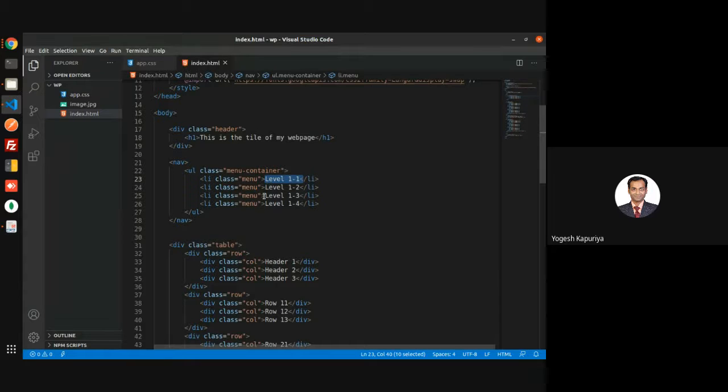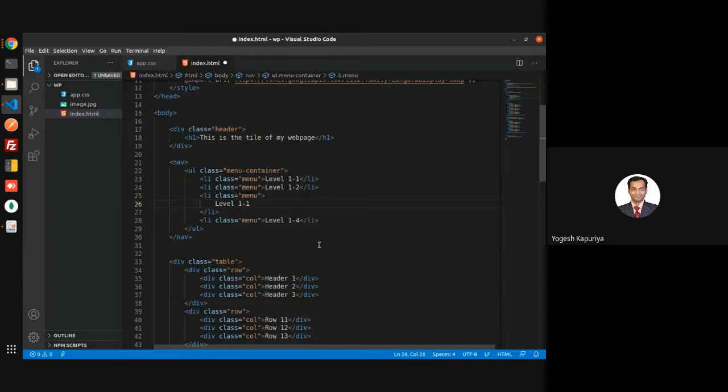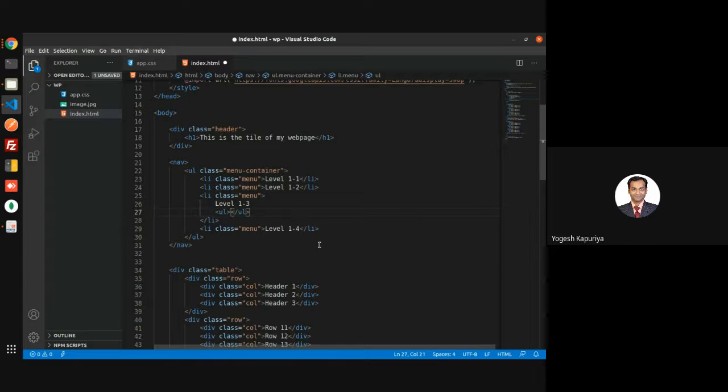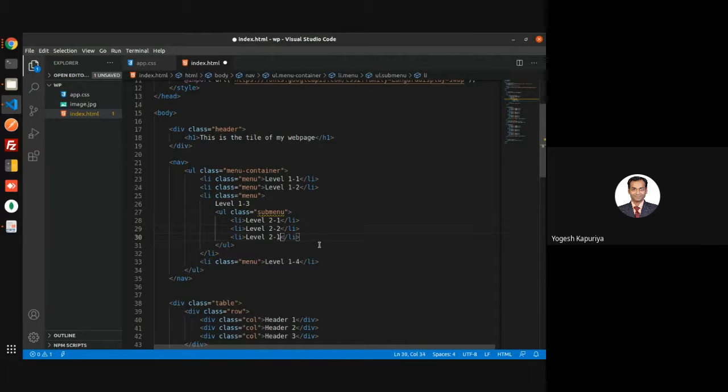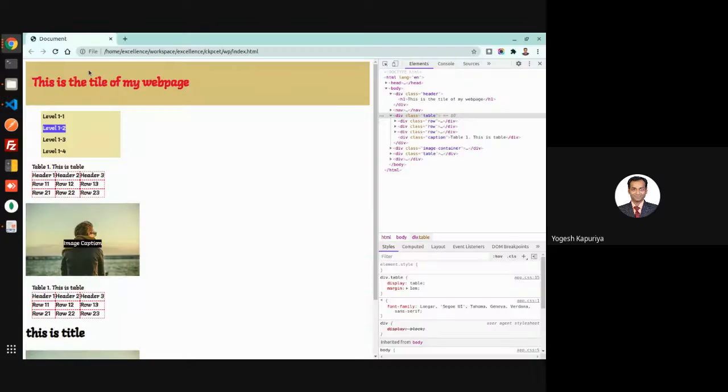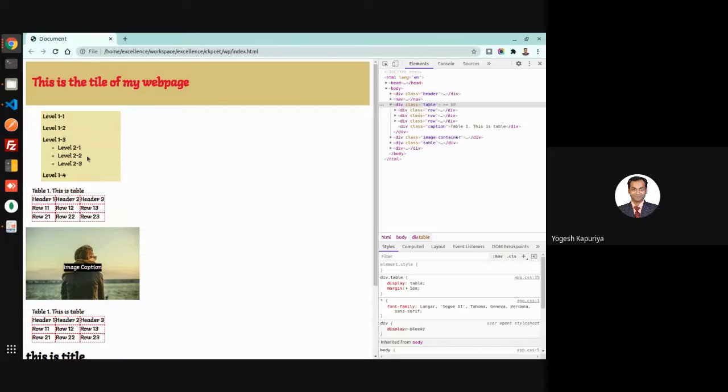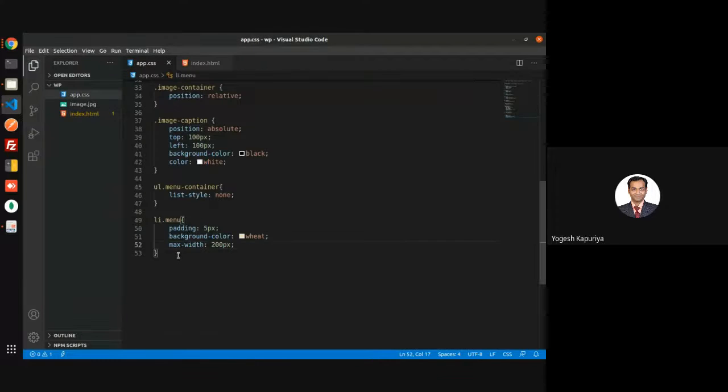In this case I'll say level 3, but then you have another menu. So if you see this, it creates something like this, and you don't require this. What you require is this should be placed somewhere here, right? So let us change it now.